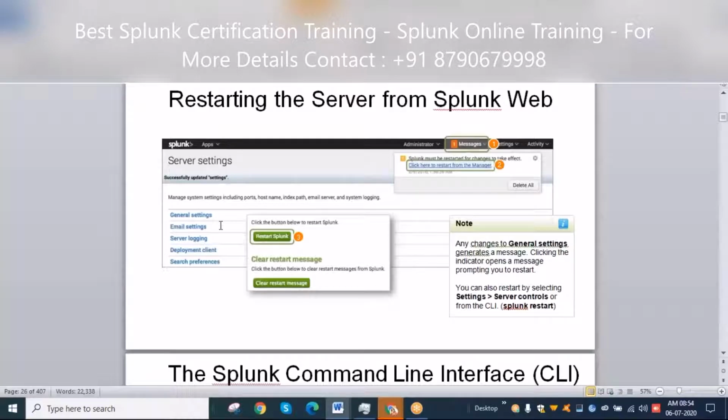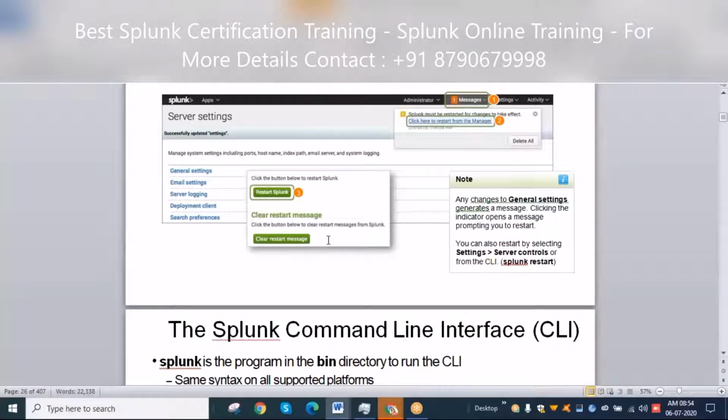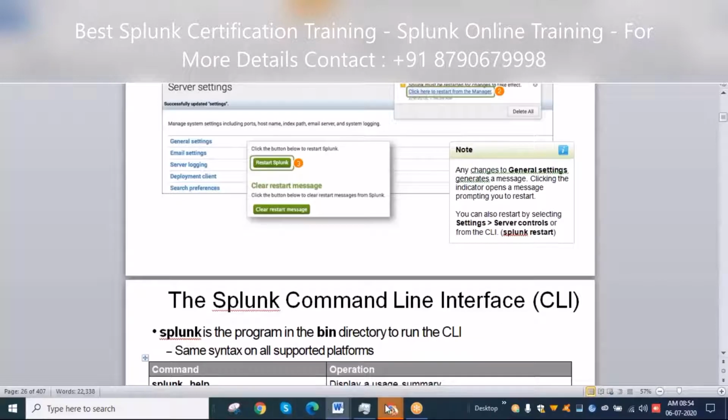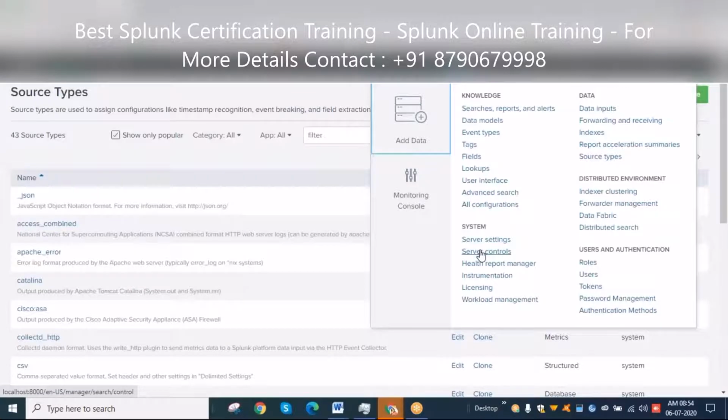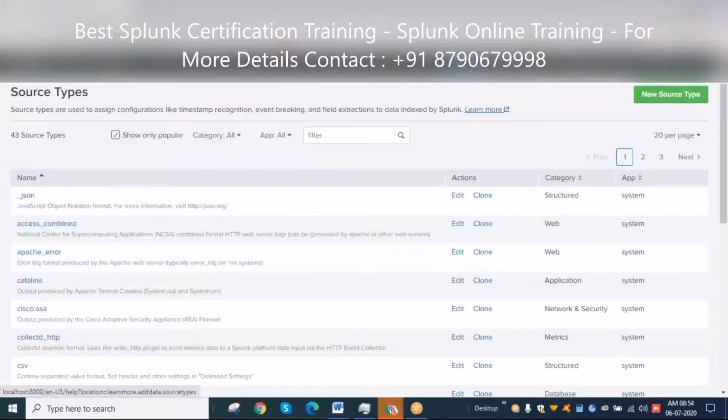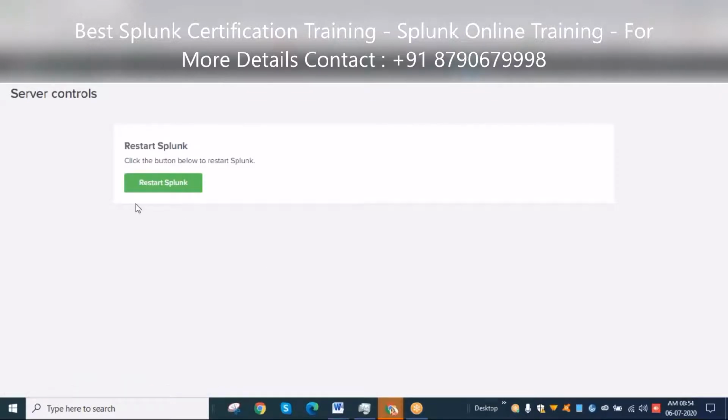In the general settings, under server controls, you will see the restart Splunk option.